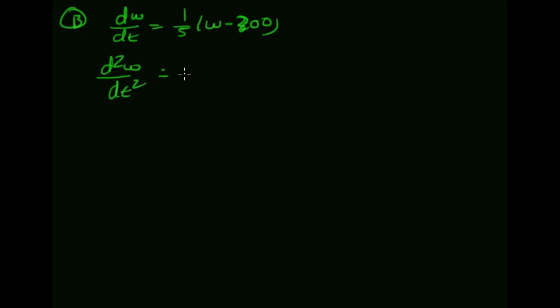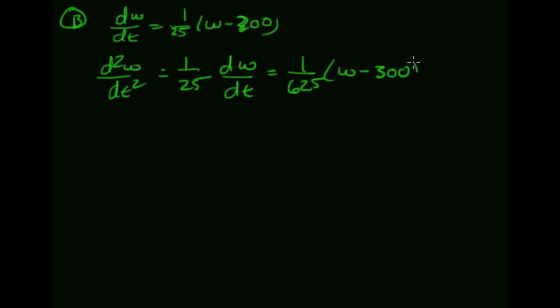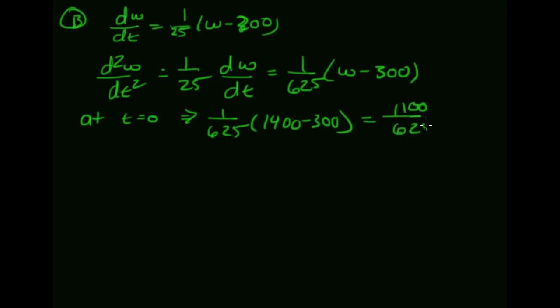Let's do part B. Okay, so part B of the problem says that we want the second derivative, which is kind of expected. If dW/dt is 1/25 times (W minus 300), so d2W/dt squared is going to be 1/25 times dW/dt, which is 1/25 times 1/25 times (W minus 300). Okay, so at t equals 0, this is going to be 1/625 times (1,400 minus 300), which is 1,100 over 625, which is greater than 0,